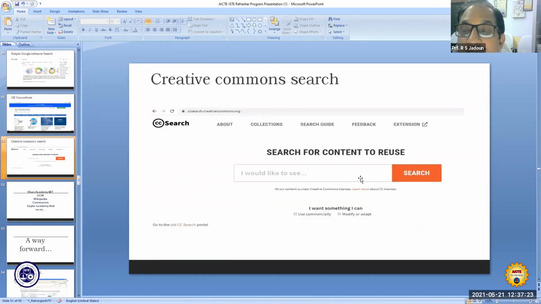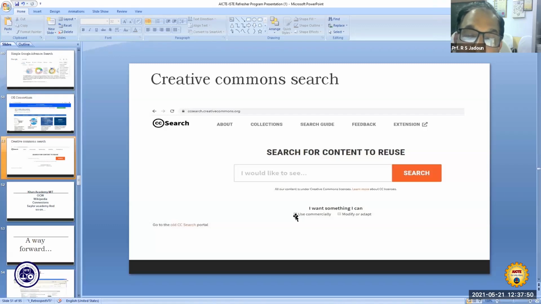Then Creative Commons search is more popular, and you can open this, search.creativecommons.org, and write whatever you want to search and click search. Then here you see at the bottom, I want something I can use commercially, modify or adapt.